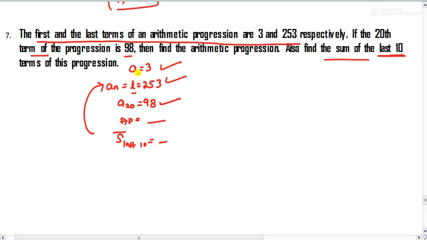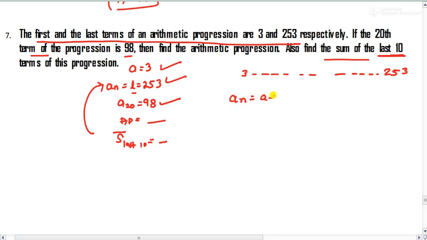AP, you can find. The data is already given. See, the first term is 3, and it's being continued till the last term, which is 253. We need to find D. How will you find this D? We have the formula